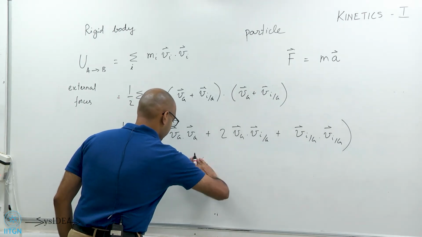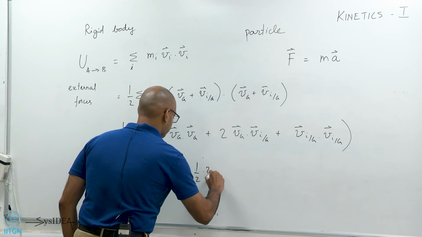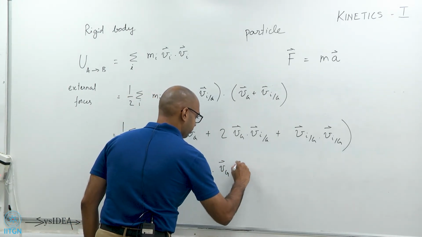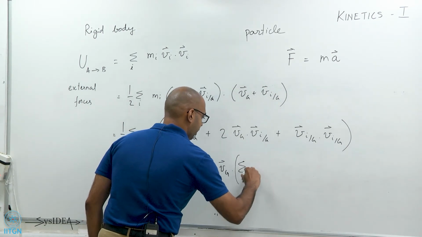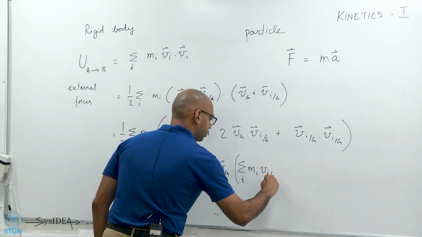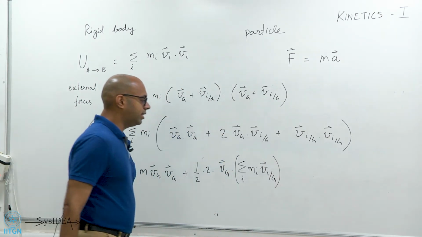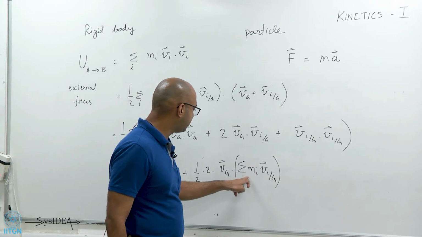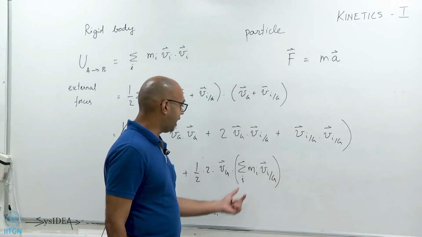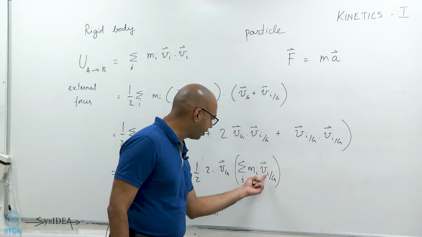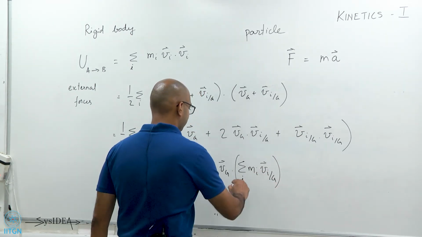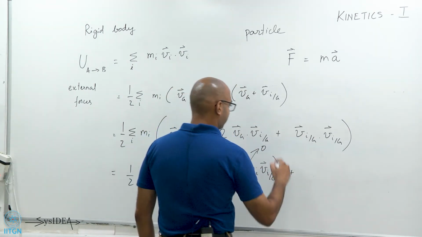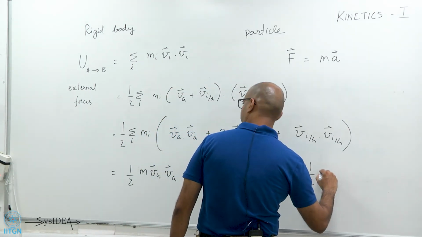I can write this as half times 2 times Vg dot with sum over i of m_i V_ig. And this, you can see, since this is all relative to the center of gravity, will be in the end the total mass times the velocity of the center of gravity relative to the center of gravity. So this will end up becoming 0, and I will get the third term, which is half